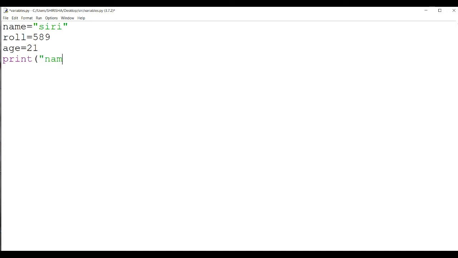Print name, here I stored Siri in the name variable.